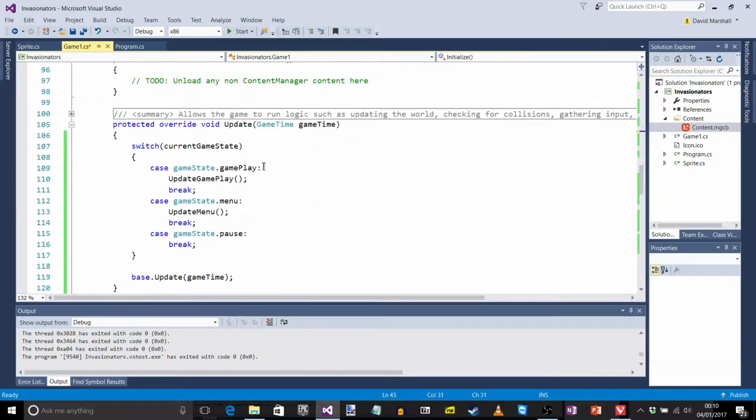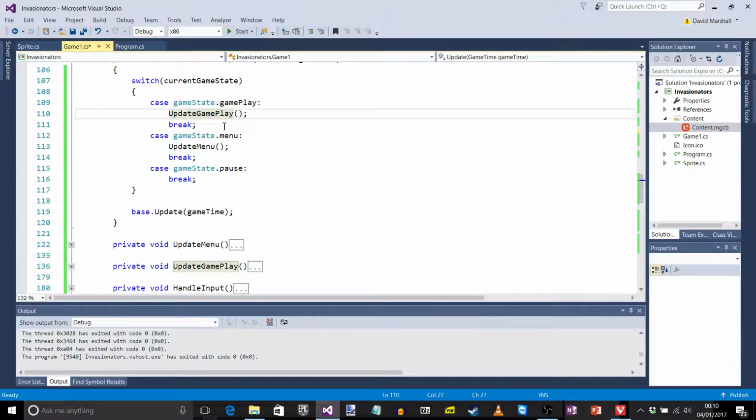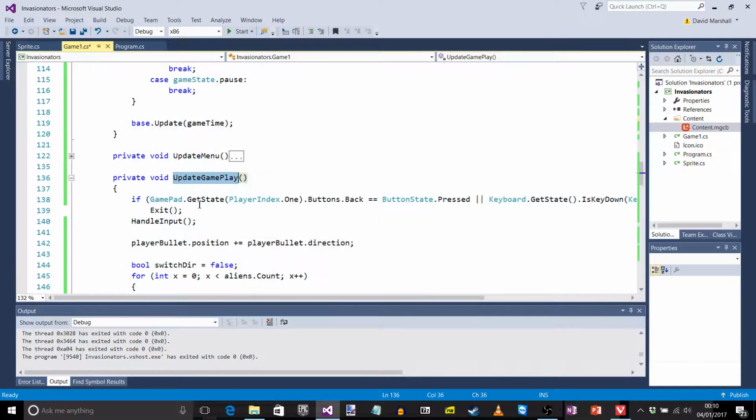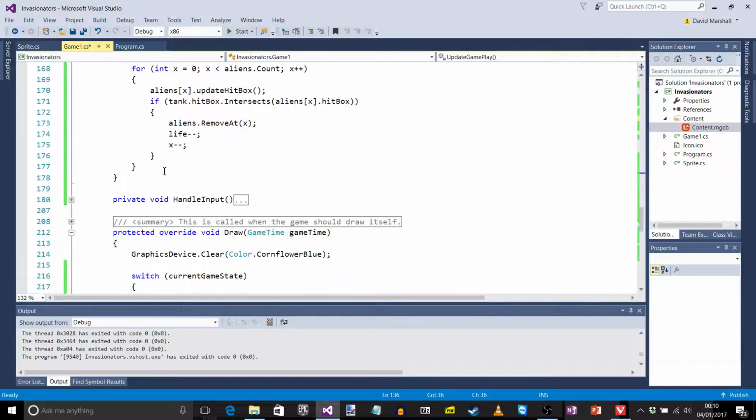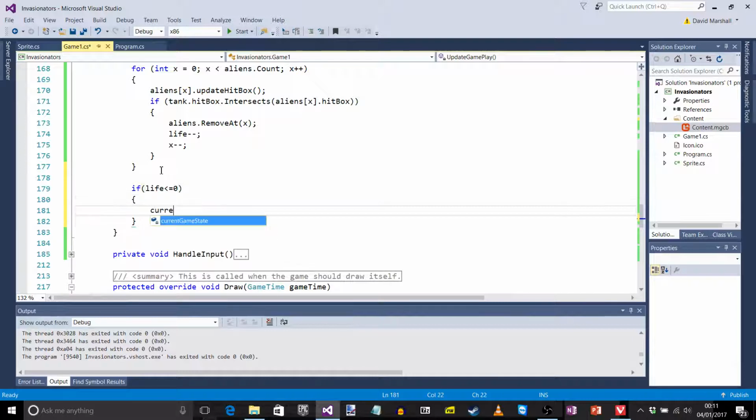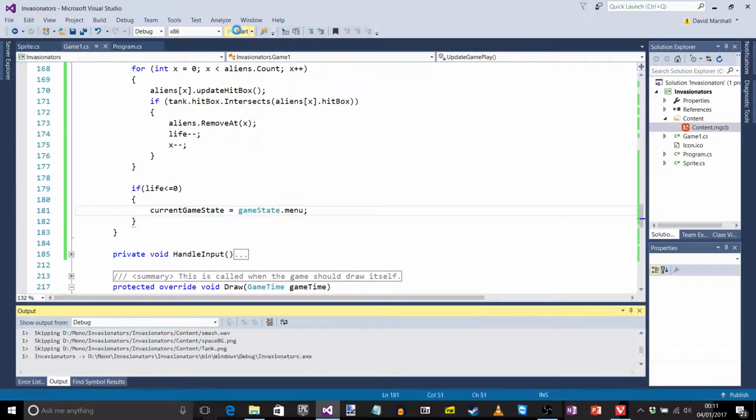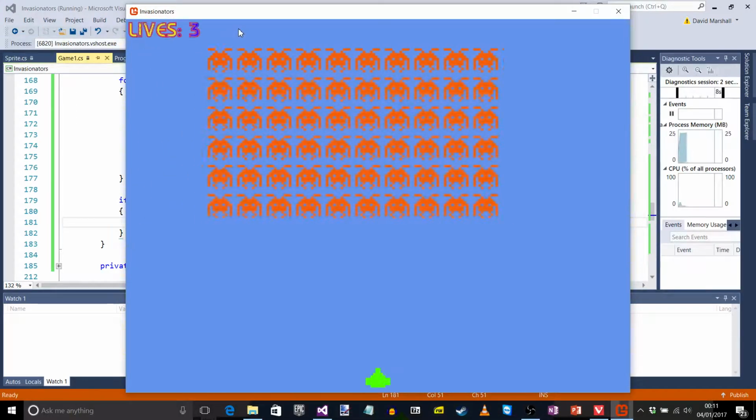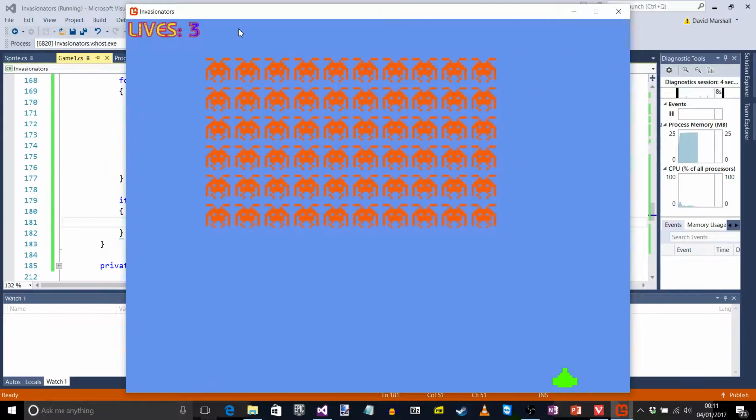Okay, so we've got two different screens, and during the update gameplay I'm going to hit F12 to jump to it. We can stick in here, we just lost a life, we can say if life is less than or equal to 0, then current game state equals gamestate.menu. We're not going to have a game over screen yet, you can add that yourself if you want. But just for now, it should go to the menu when you lose all your lives. As I said,